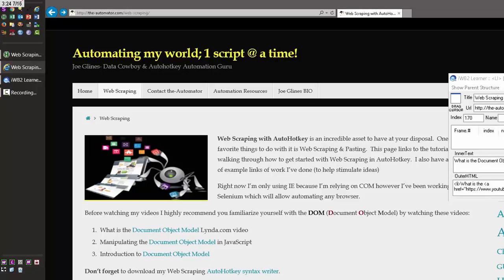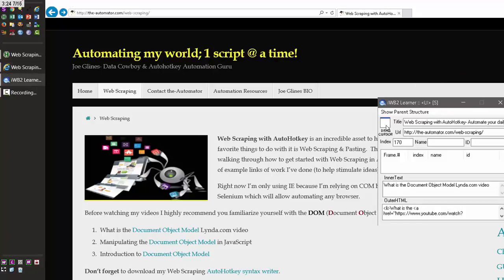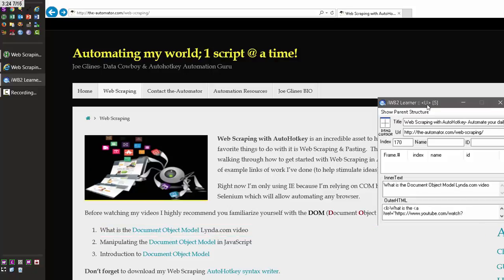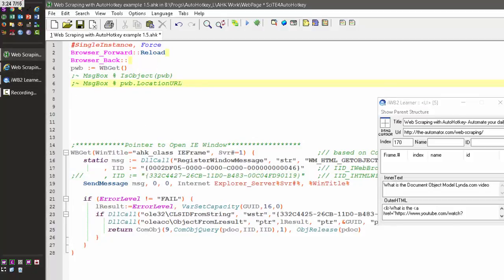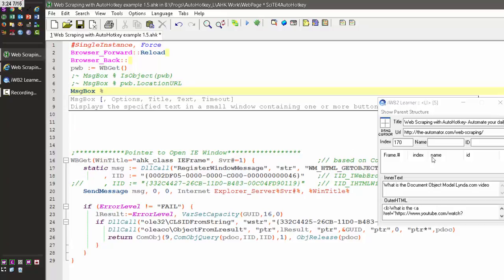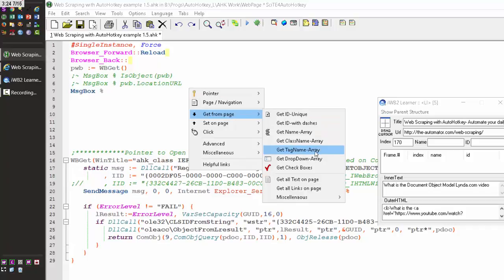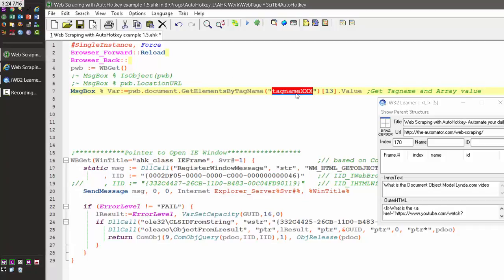Now I'm going to use this IWB2 Learner tool, to help me understand. Here's a list, and this is an ordered list, and boy, is that really right? That's the fifth ordered list? I suppose so. So back in my script, I'm going to say message box, and now I'm going to get from the page, and I'm going to use the tag name because that's not an ID, and that'll be LI, and this is going to be 5, and now here I'm going to change this to be